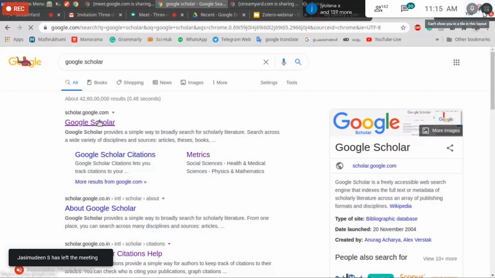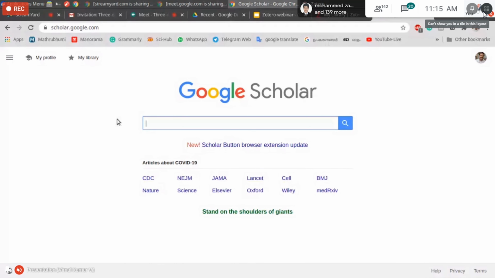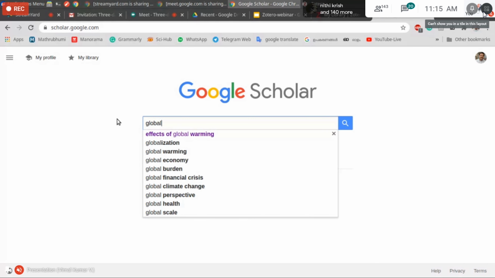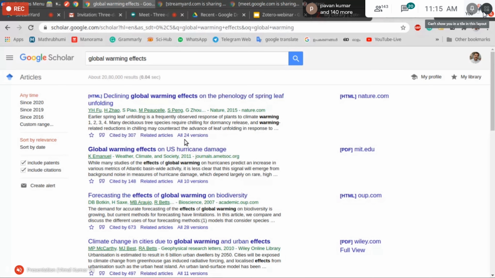first, open the Google Scholar website. Then type your keywords, for example, global warming effects. It will display the search result. It contains both the free and paid bibliographic details of various articles from various journals.